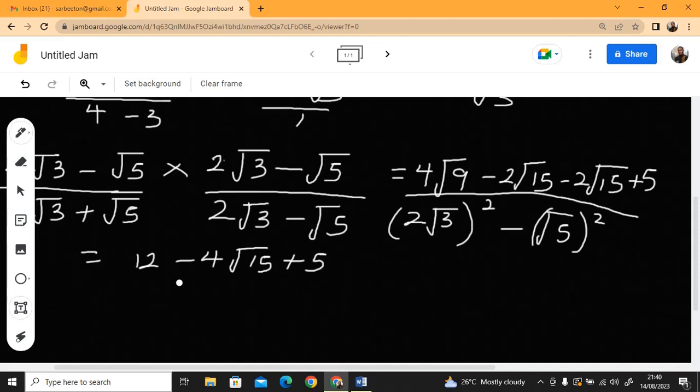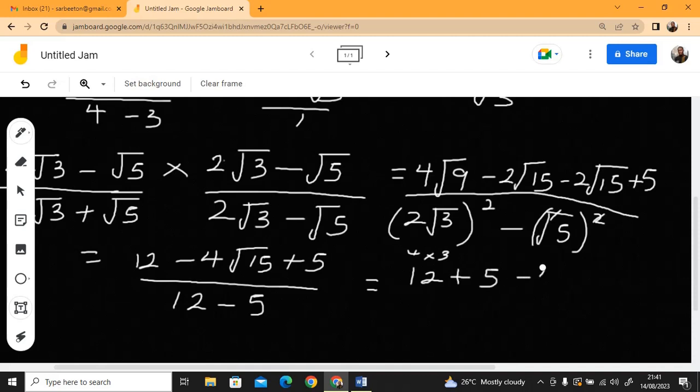Plus 5. Now with this one, 2 squared is what? Is 4. This square will cancel this square, which means 3. That will be 4 times 3, and 4 times 3 is 12. It means all this one here is 12 minus, and now root 5 squared. This square will cancel this one. You are left with 5. That is it. So collecting that, that will be 12 plus 5 minus 4